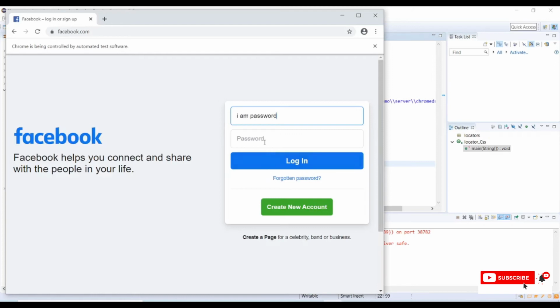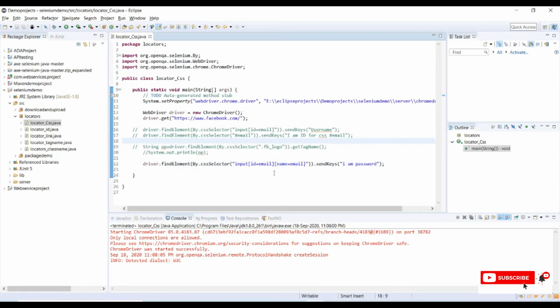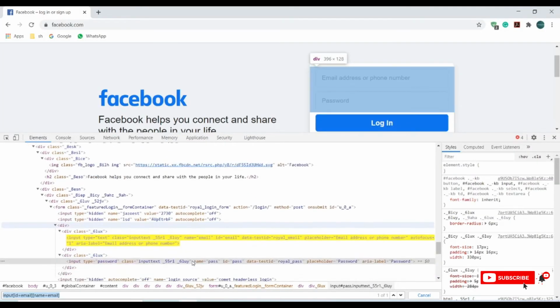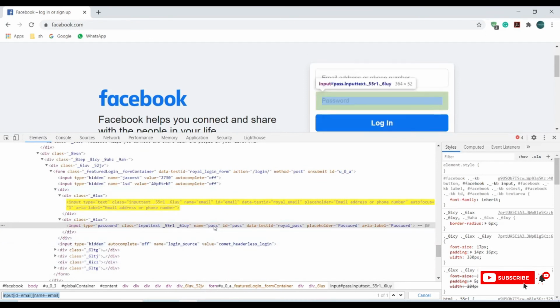Okay, this has been entered in the username instead of password. We'll see why it has been entered there. Okay, I have used the email. Okay, so we'll see for password. Okay, password, it is a pass.